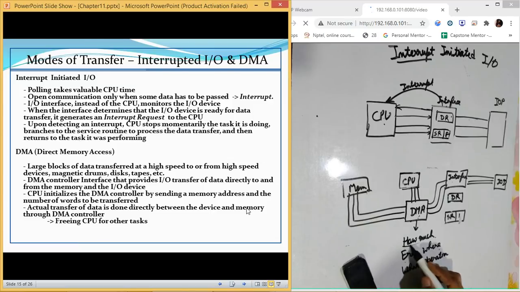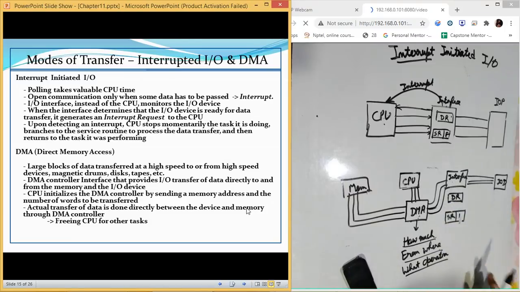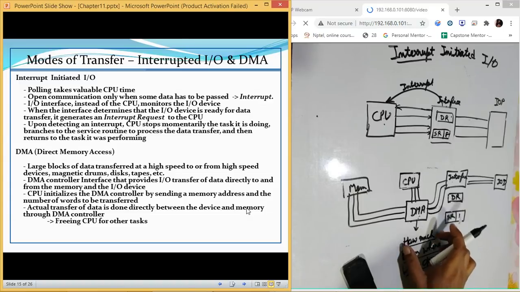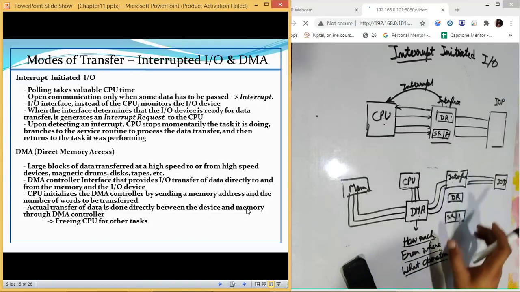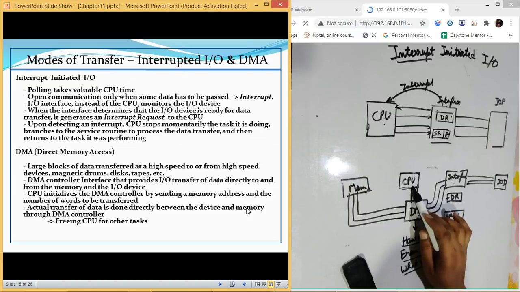Now, once your DMA has all this information, it interacts with the interface: perform all the transfer using this mechanism, this much data I need. Once this DR is filled, let me know. Now, the interface will not send any message to the CPU.